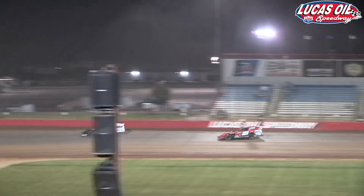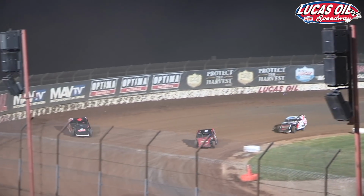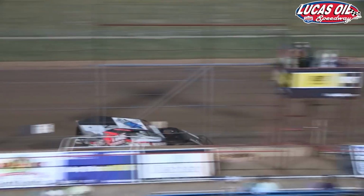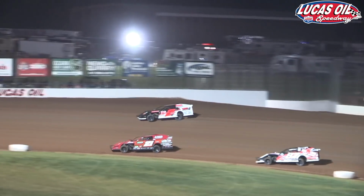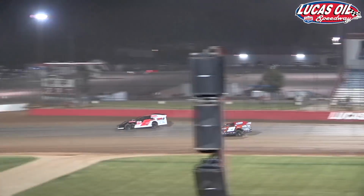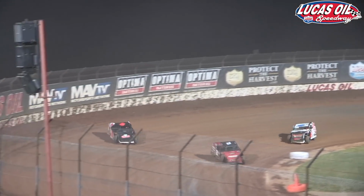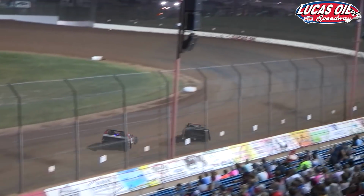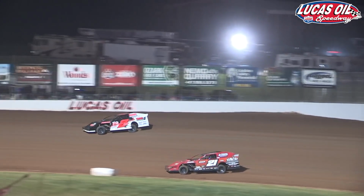Domer and Middaugh. Fuquay has yet to really throw his hat in with these top two. Shane just kind of being just a step behind him here, as again it's side-by-side racing until they get to the exit of the turn, and that's where that top lane seems to give Domer the advantage and just enough of a shove to stay in front of the 21. And it's right here in turn 4 where Domer is typically able to get that run and just slingshot past